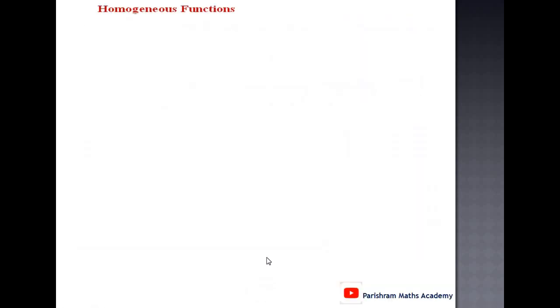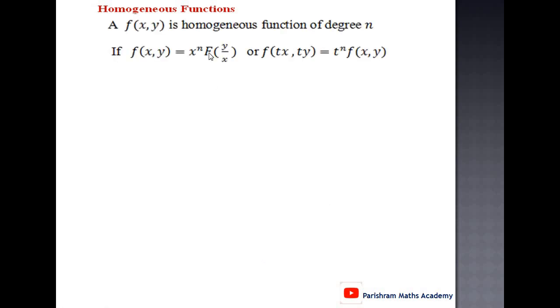The first topic is homogeneous function. Definition of homogeneous function. A function f of (x, y) is a homogeneous function of degree n if f of (x, y) equals x raised to n into f of (y upon x), or f of (tx, ty) equals t raised to n into f of (x, y). If this condition is satisfied, then function f of (x, y) is called a homogeneous function of degree